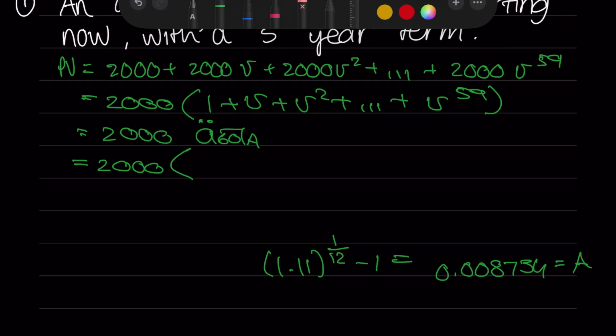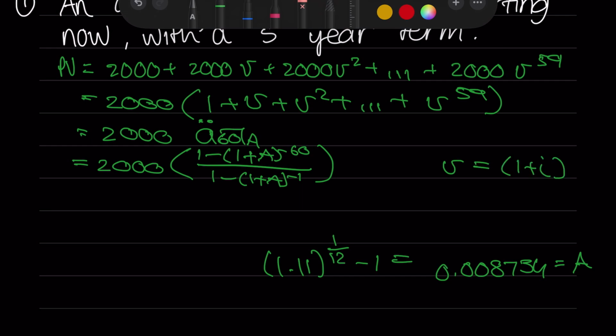Now all I'm doing is substituting the formula in. And remember, V is equal to (1 plus i) to the negative 1. So now when we plug all of this into the calculator, we get an answer of